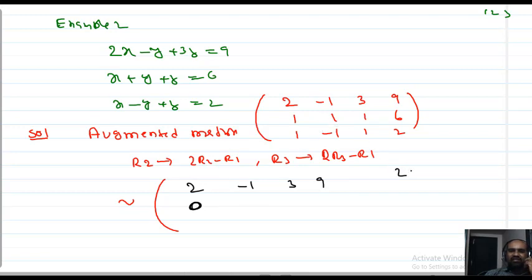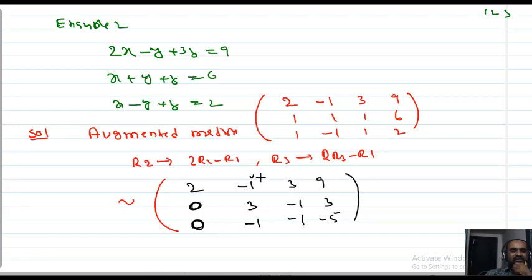2 minus half minus plus 3. Here 2 minus 3, that is minus 1. Yeah, 12 minus 9. 12 minus 3. This is 0. What happened? Minus 2 plus 1, that is minus 1. Next what? That is 2 minus 3, minus 1. So what next? 2 2s are 4 minus 9, minus 5. Okay. So what I got? 2 zeros I got here.